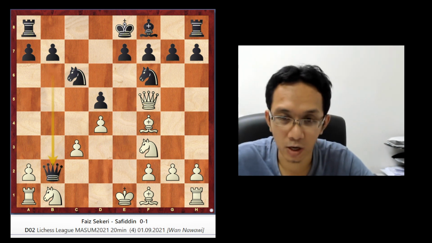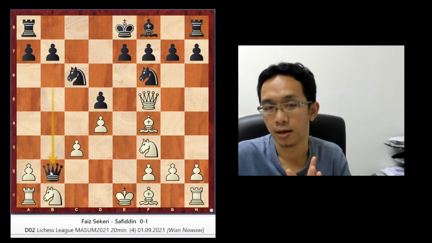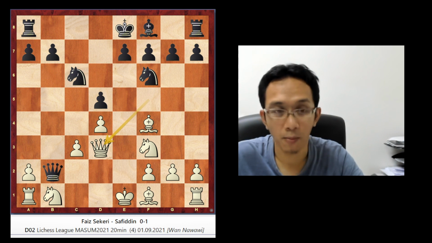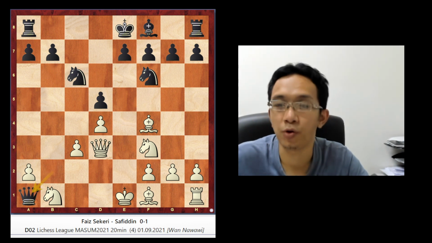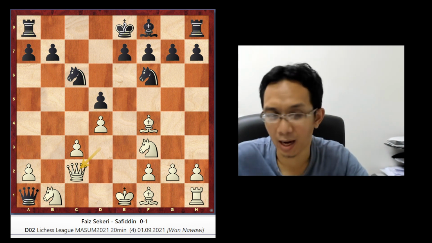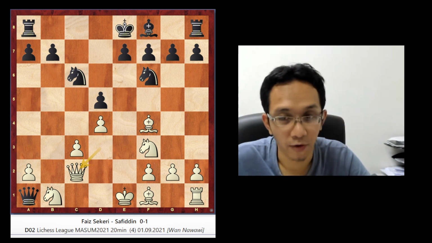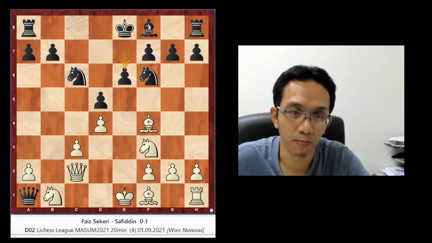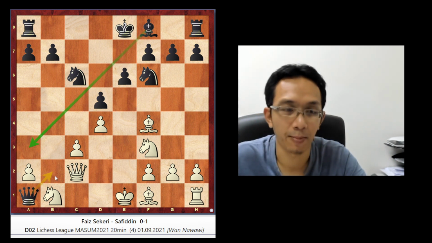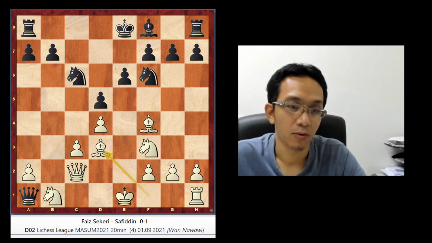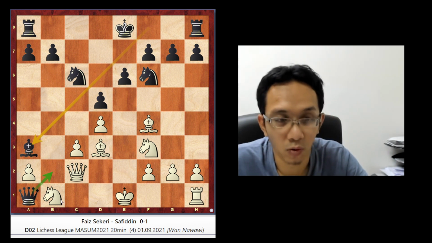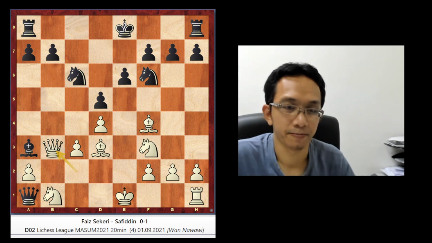So this is the reason why this is a blunder, because the queen cannot go back. But in the game this is not a blunder, because even though black can take this rook, the white queen can go back and sort of trap the queen. So it takes a lot of time for black to come out from this corner. For example, let's say black plays this in order to move the bishop to a3 and then support the queen coming out. White plays this, and then if you go here, in order for the queen to go here, it just goes here.